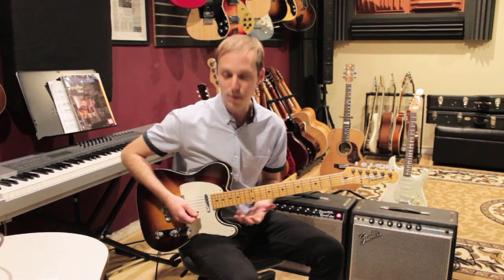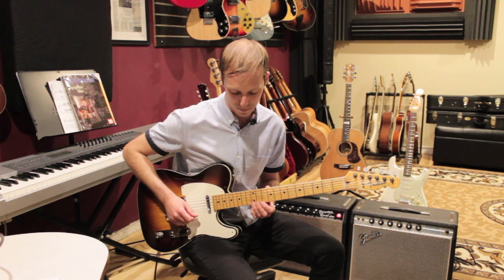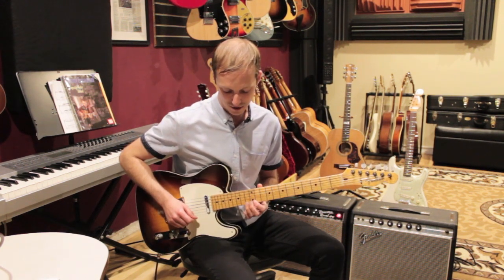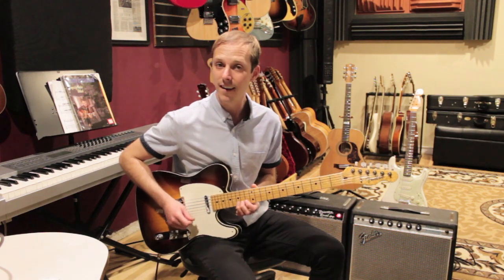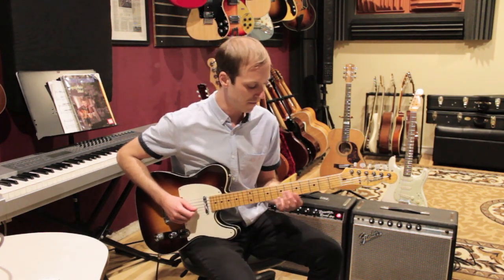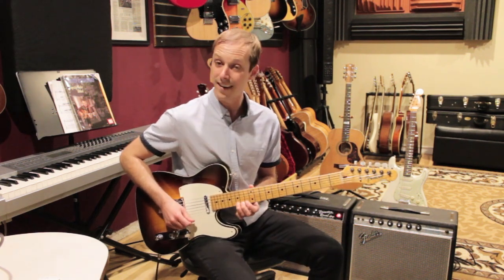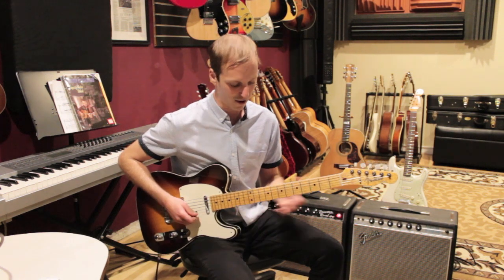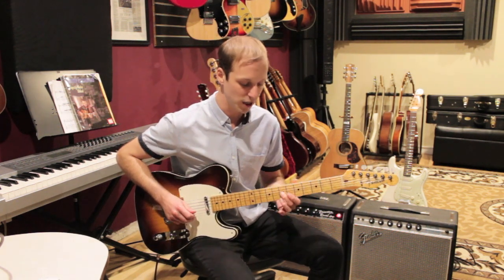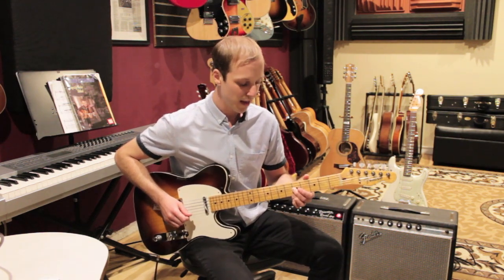Then there's this part with a slide, but what you can do is you can just slide from 12 to 13, and then 13 to 15. Basically F up to G, and it starts on beat 4, so it'd be like 1, 2, 3, 4, and 1. There, of that measure of G. Then you go back and do the first 2 bars again. G, 2, 3, 4, F, then G,